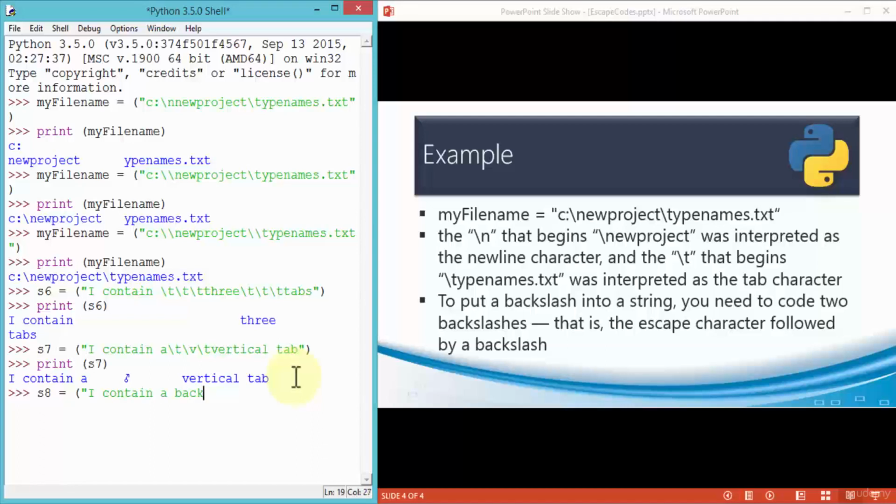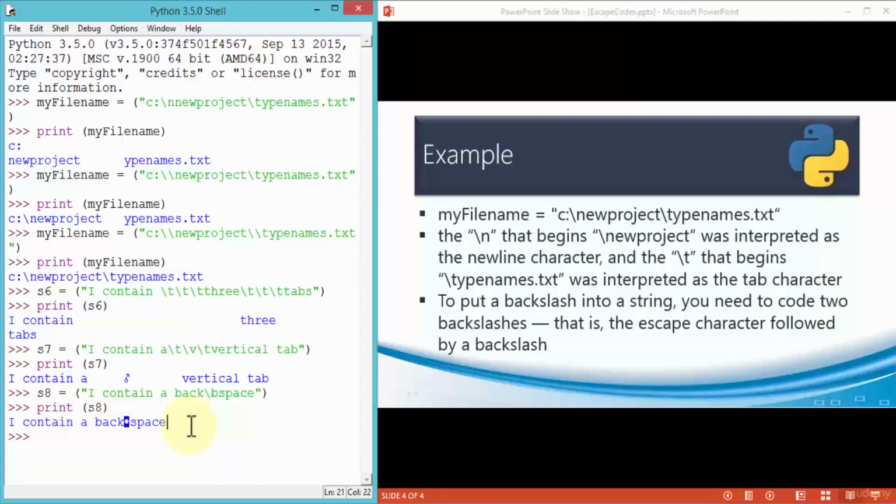So how about a backspace? So it's \b and a space. So this time when I do print s8,